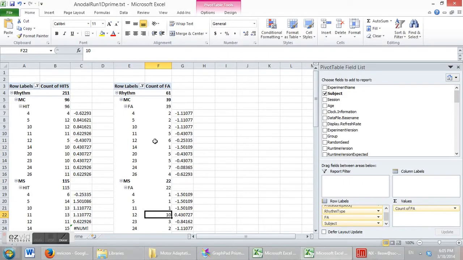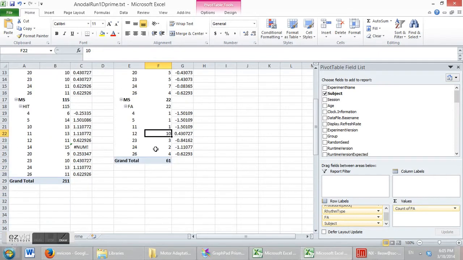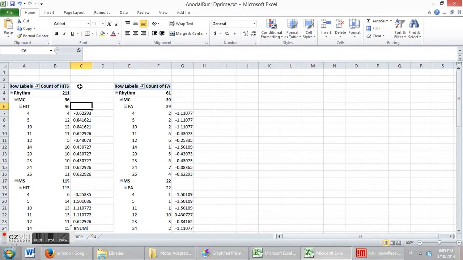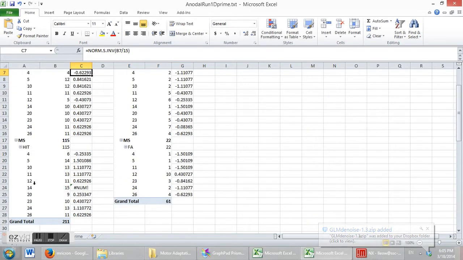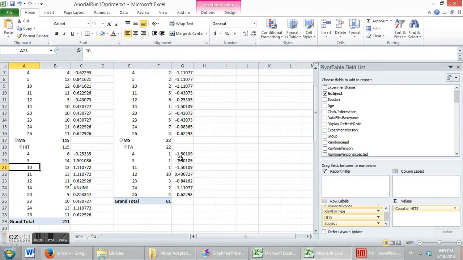Rhythm discrimination task. So we already calculated the Z hit and the Z false alarms for all these subjects. Now you have some subjects who have no false alarms: subject 10 and subject 20. So what we need to do so that we can easily subtract